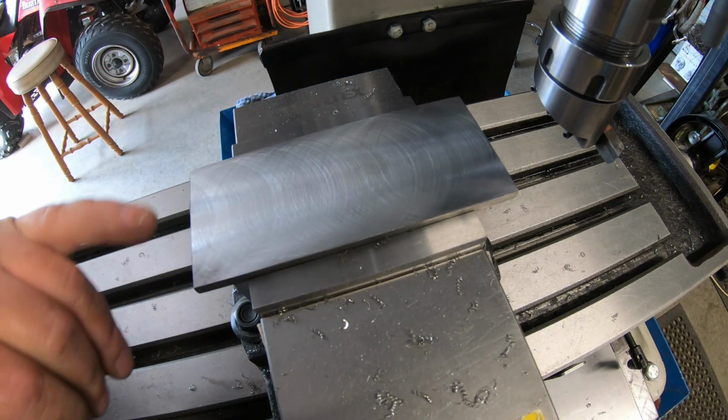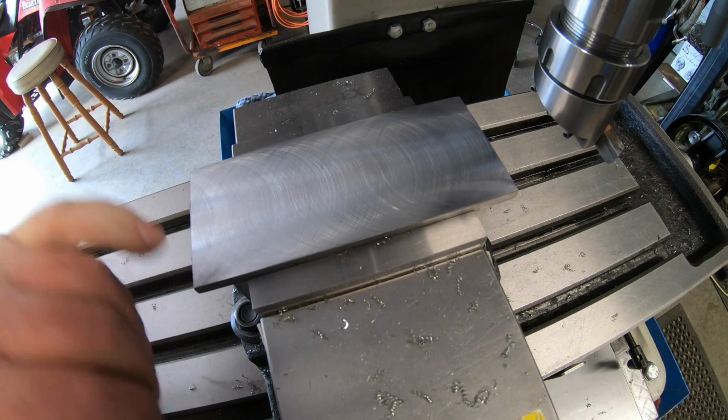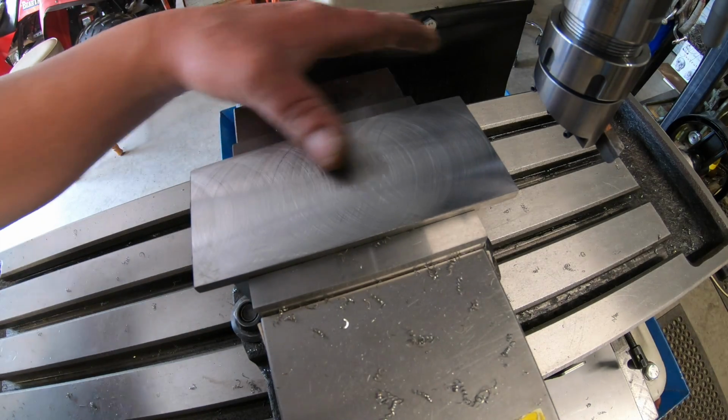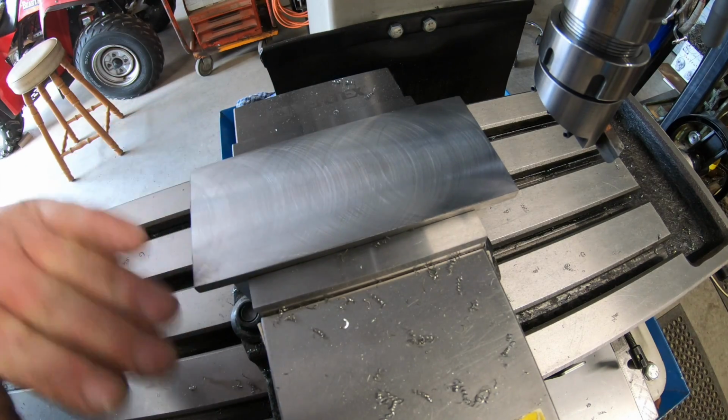I did bump it up to, I think it was 1260. Yeah, 1260 RPM, which left a nicer finish. So, now,